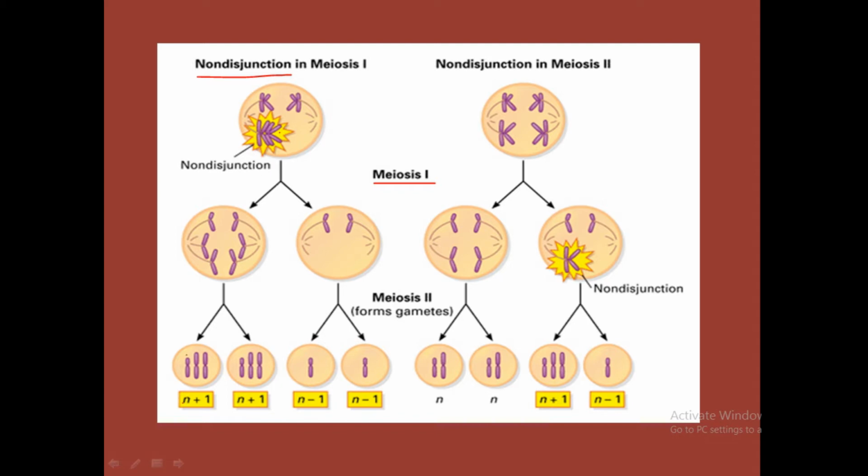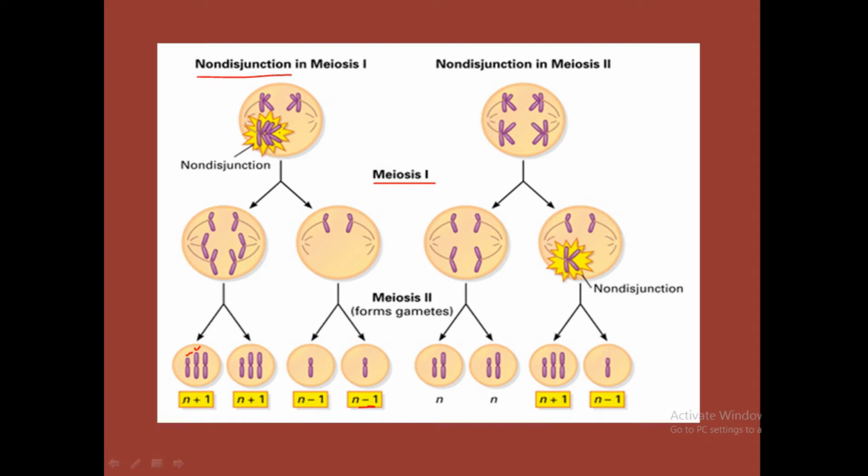Generally we have n, but due to non-disjunction here we get n plus 1, so 1 is extra. Here also we get n plus 1, one extra chromosome. Here we get only 1, so n minus 1, that is we get fewer chromosomes here,